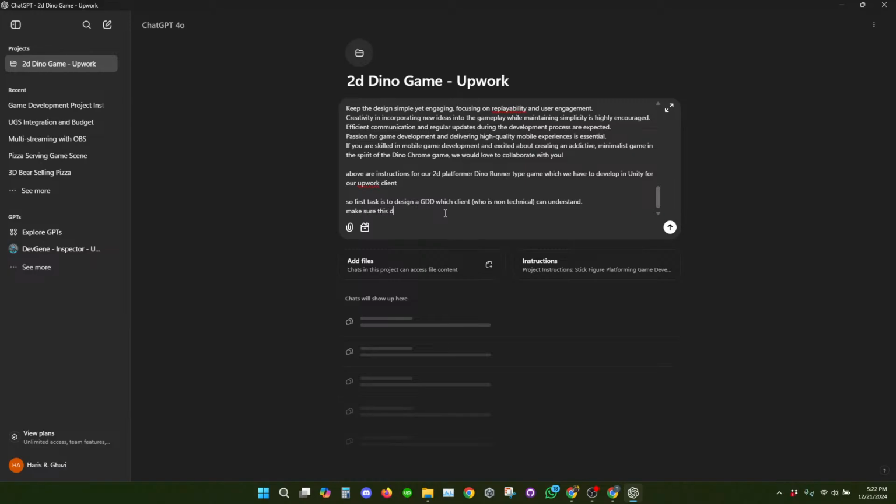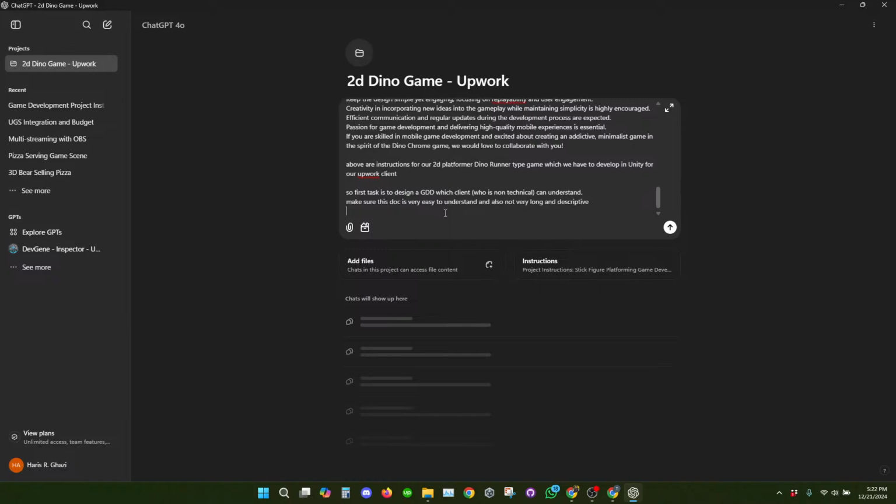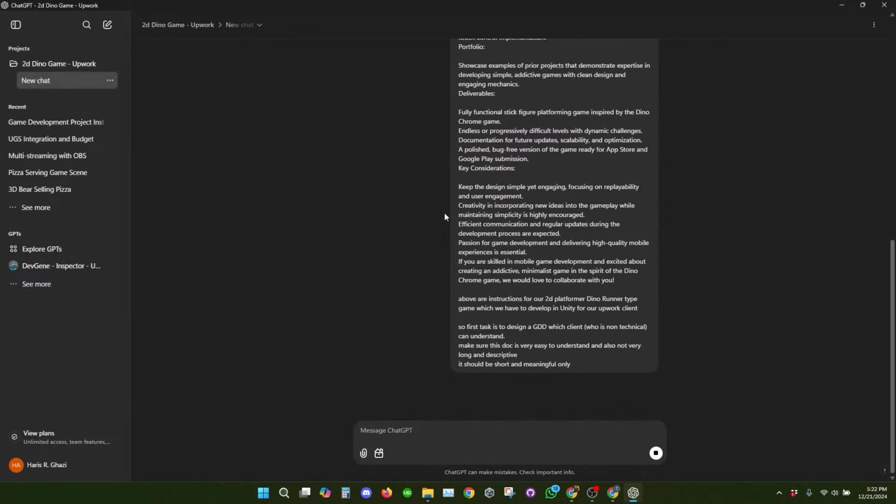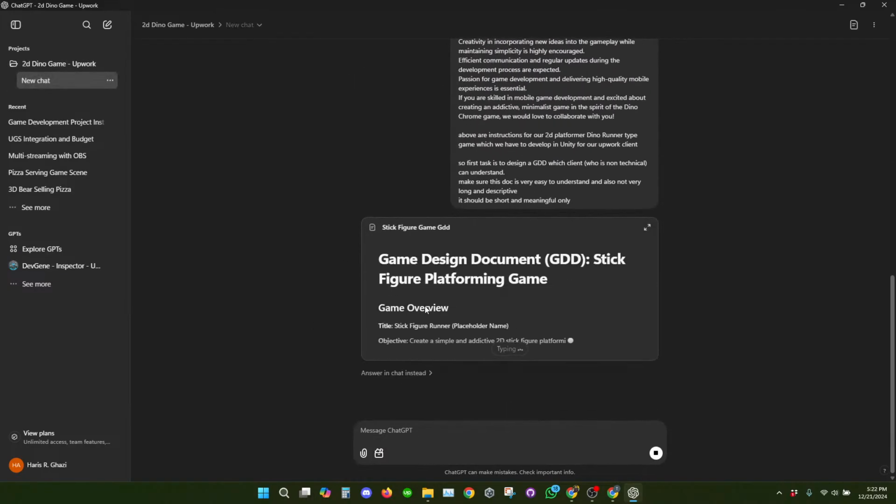Make sure this doc is easy to understand and also not very long and descriptive. It should be short and meaningful. Cool. Now it will help us create a document.